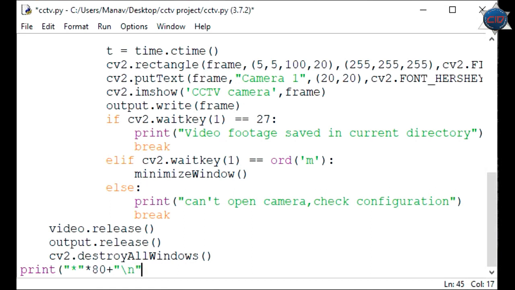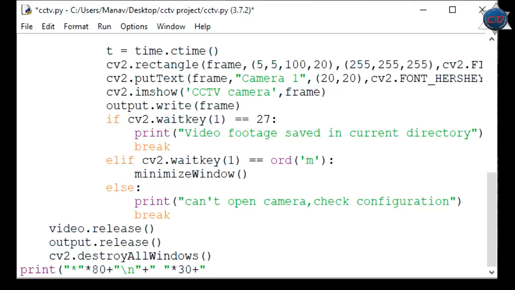That means after the asterisk there will be slash n, and after slash n I'll assign some spaces, suppose 30 spaces, and it will show "Welcome to CCTV software." Okay, that's it.